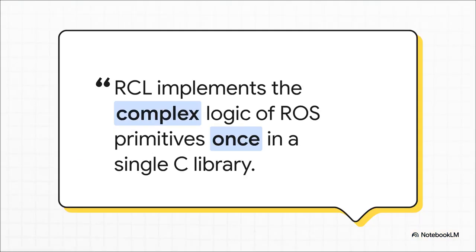And this is really the don't repeat yourself principle in action. See, instead of having to re-implement the core logic for how a node works in C++, and then do it all over again in Python, and then again in Rust, or whatever comes next, it's all defined once in this central C library. And this is huge because it guarantees that a node behaves exactly like a node no matter what language you're